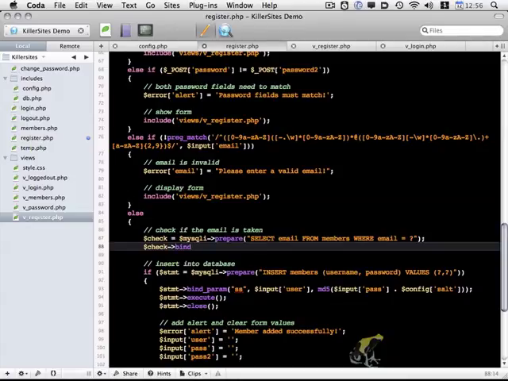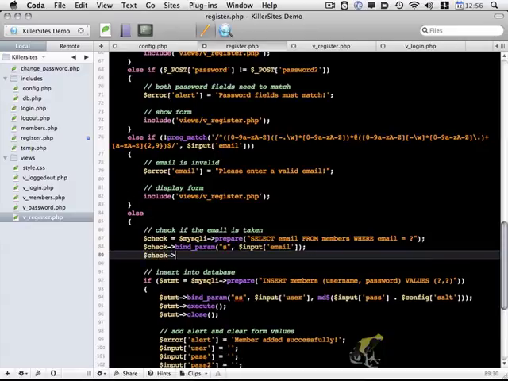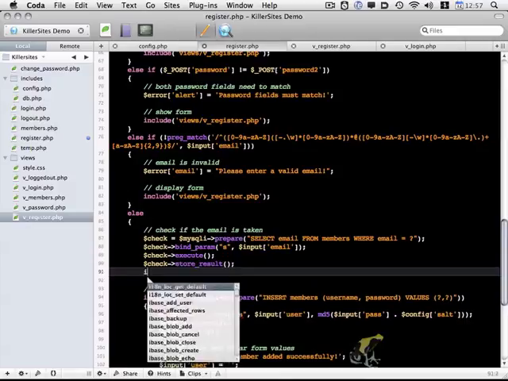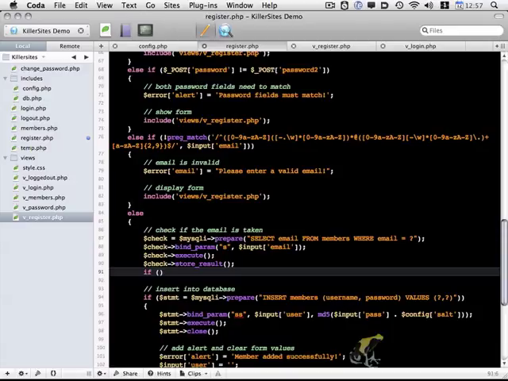And then we're going to bind the parameters. First one being S for a string. It replaces this question mark. And in the place of that, we're going to include input email. And then we're going to execute. We're going to store the results. And finally, we're going to do an if statement to check if there were any results. So if check num rows, if it doesn't equal 0,